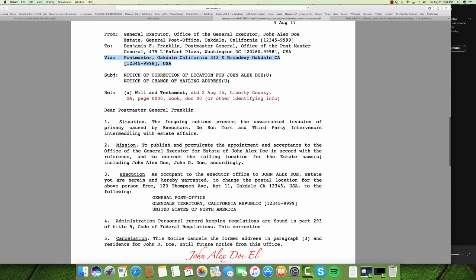Dear Postmaster General Franklin, the situation. The foregoing notices prevent the unwarranted invasion of privacy caused by executors de son tort and third-party interveners intermeddling with estate affairs. I'm basically saying I need these notices to let everyone know that I'm the executor because third parties are intermeddling in the estate affairs, creating bonds and things of the such. So now that I'm the executor, right, mission,